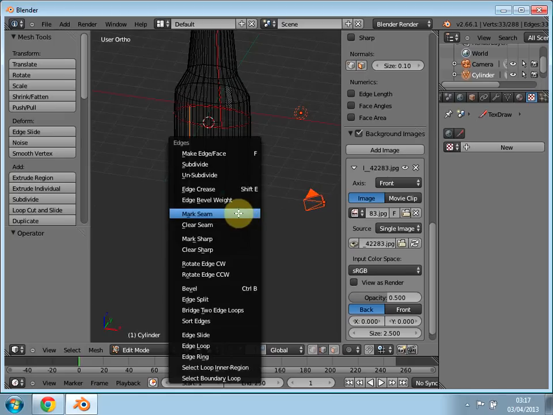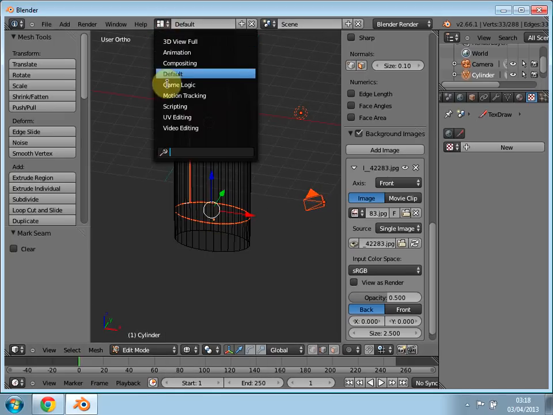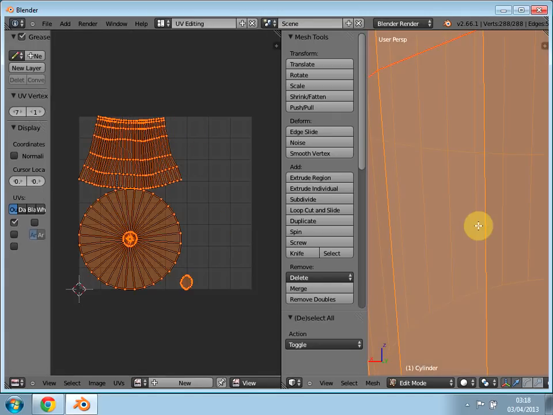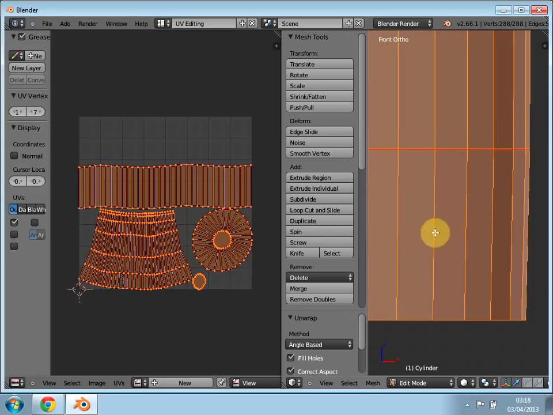Once you have everything selected, if you press Ctrl E again, mark seam, and if we go into the UV editing mode and we select everything, press U, unwrap, you can see that we have our sticker here, which is where we're going to put the Budweiser logo. So now what we're going to do, last thing,